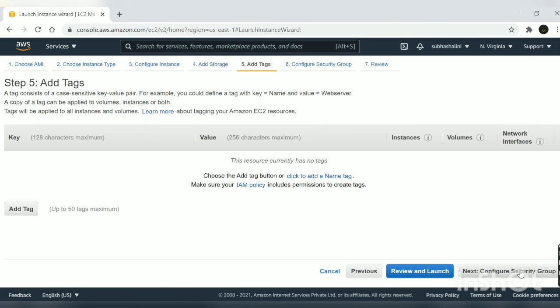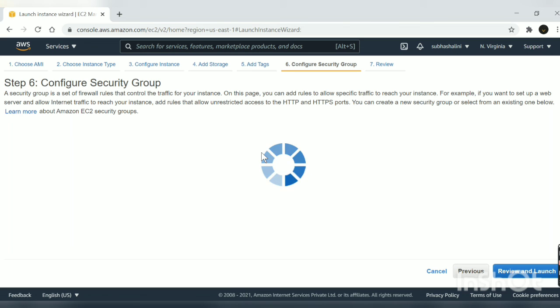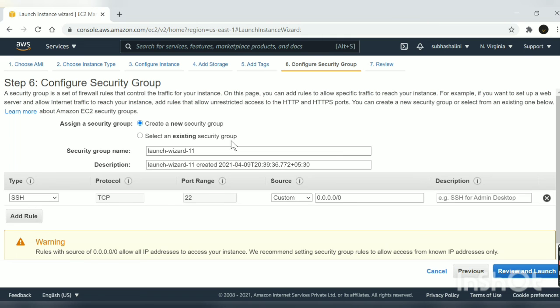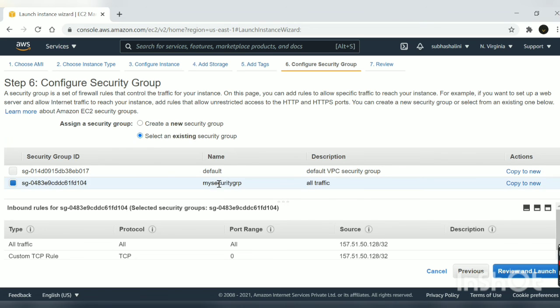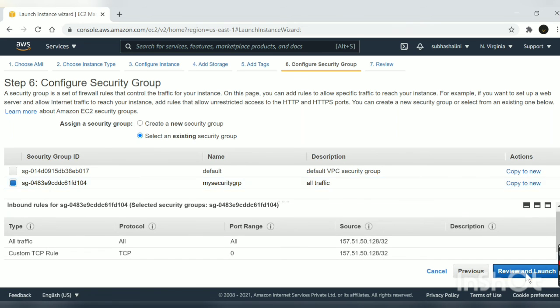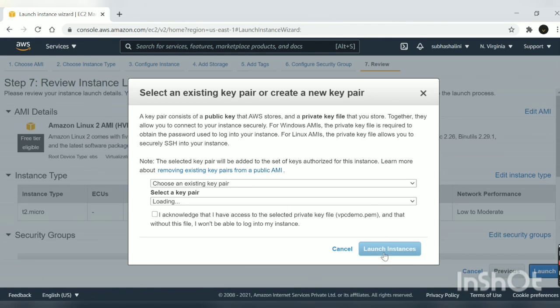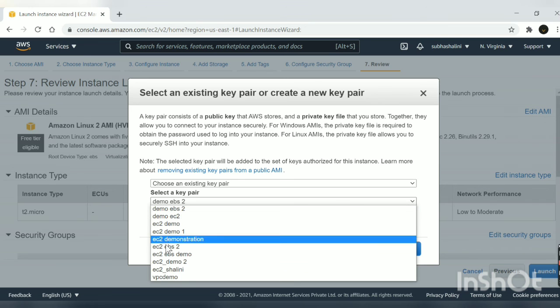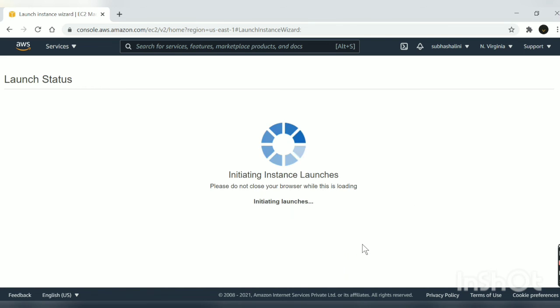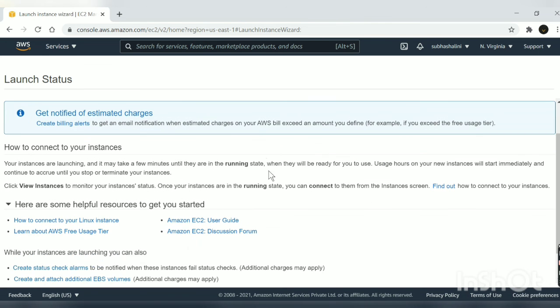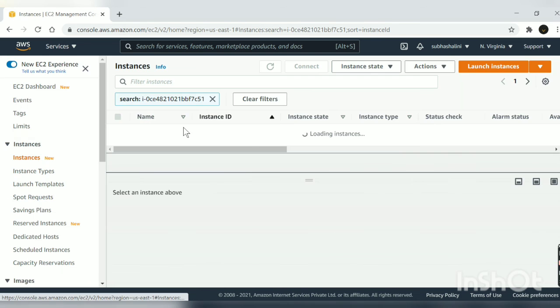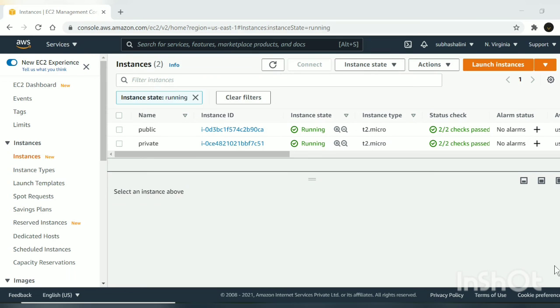Next. And I'm choosing an existing security group. Go to my security group and review and launch. Just clicking. Here our instances are running.